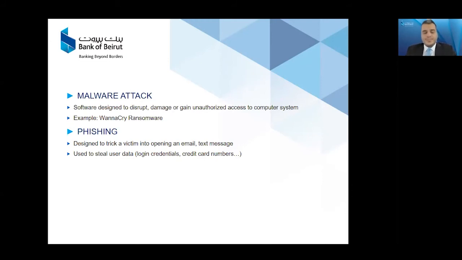ولاست في عندنا الفيشنج. الفيشنج هي designed to trick a victim into opening an email, a text message. يعني for example بيوصلنا ايميل زبون مثلا بس بيكون ايميله غير، يعني حدا عم بينتحل شخصيته لهذا الزبون، عم بيقول لنا بليز بانك اوف بيروت انا عندي سويفت مسج بعد ما وصل لي، شوفوا لي من عندكم وبعثوا لي انفو عنه، بعثوا لي الباسورد، بعثوا لي وبعثوا لي وبعثوا لي. نحن هون اذا ما كنا واعيين وما كنا منتبهين وصدقنا هذا الشخص اللي عم ينتحل انه هو الزبون، رح نجي نبعث له.